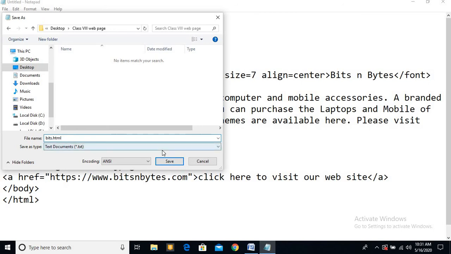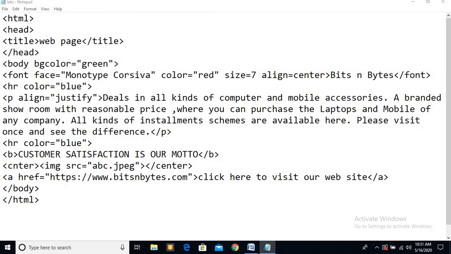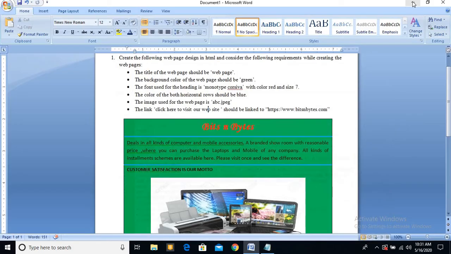So bits.html, I'm going to save this in the same folder. Now I'm going to run this from the particular location.